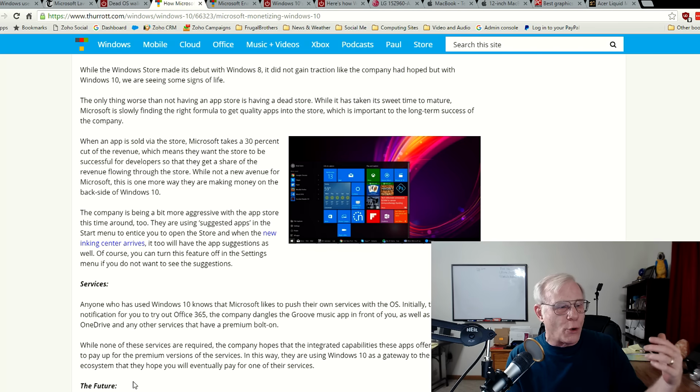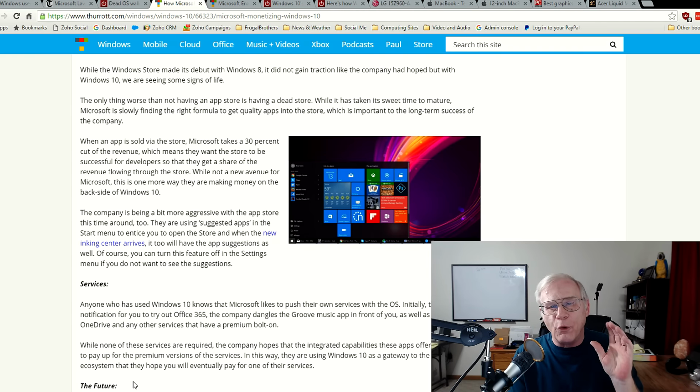As you notice in your start menu now, you see suggested applications, and Microsoft's trying to make their 30% cut on that, and they're working, I think, pretty diligently on trying to get more and more decent software to work on their platform, the Windows Store. They're trying to get more and more big name titles on there. I think that they will be successful with this in the future.